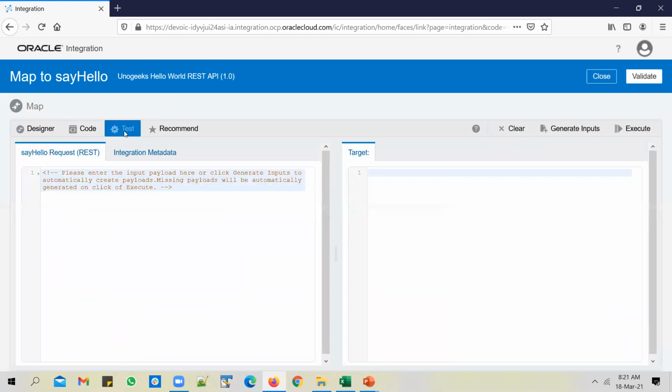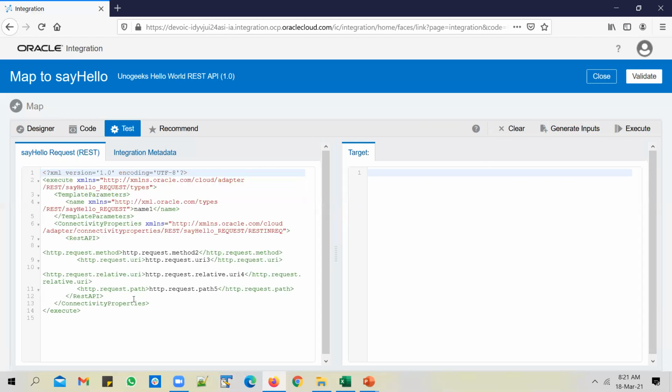So you can click on test. And the good thing is you also have an option to generate inputs automatically. When you hit this button, generate inputs, depending on the source payload, a sample payload gets generated automatically. So in this case, we are receiving name, right? A sample name gets generated here. So if I click on generate inputs, you notice that